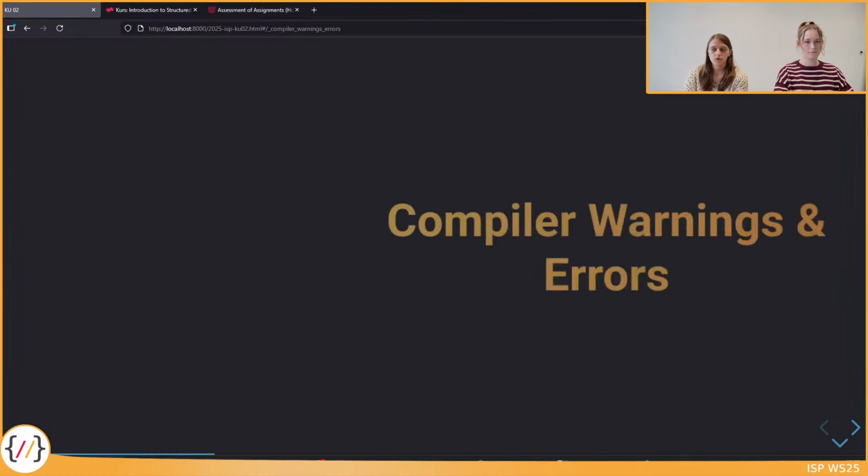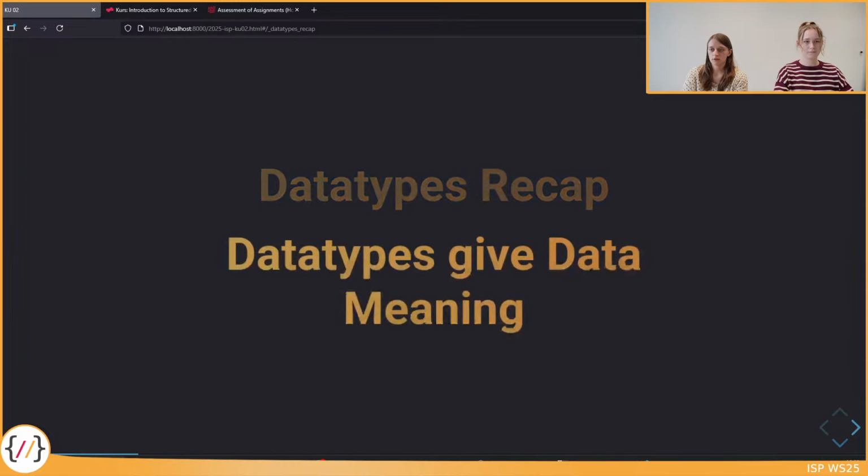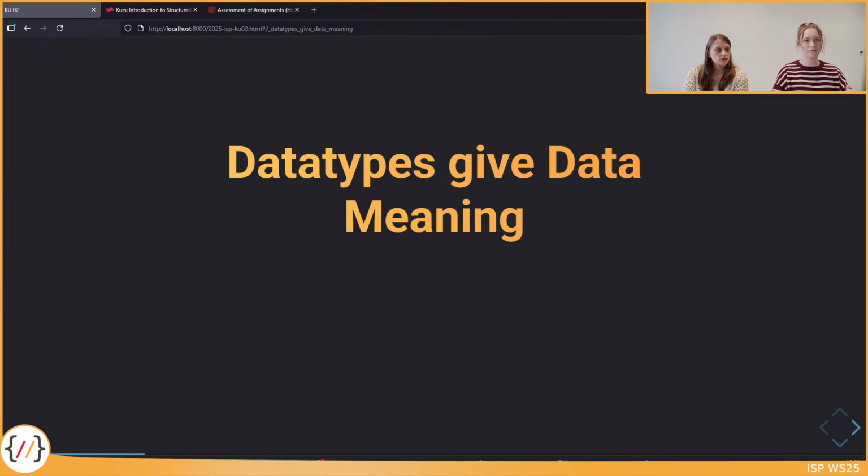We've had integers, we've had chars, we've had floats, doubles, all of those things. And basically what we just want to recap one more time is that data types give data meaning. So it's really important that you choose the right data type for the variable, for the context that you need it in,